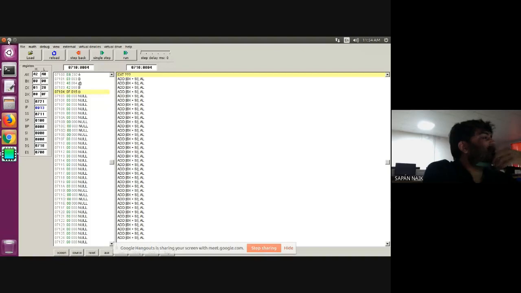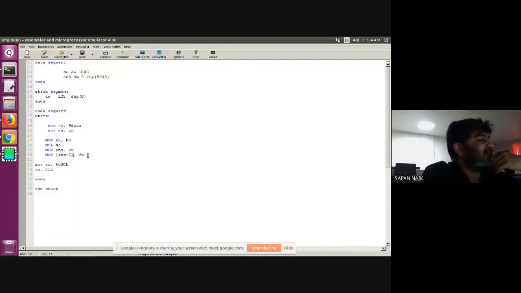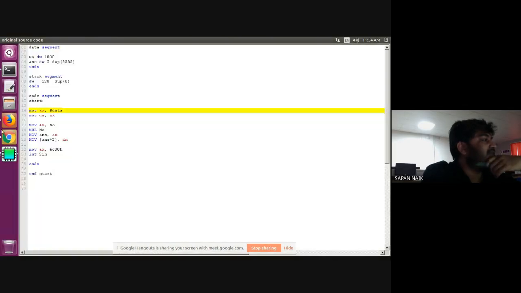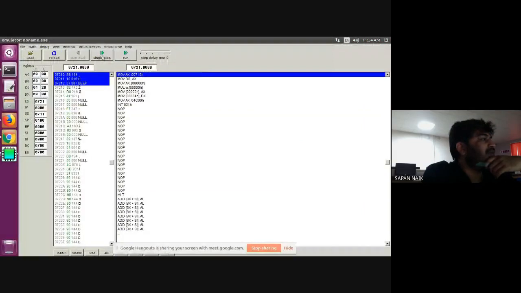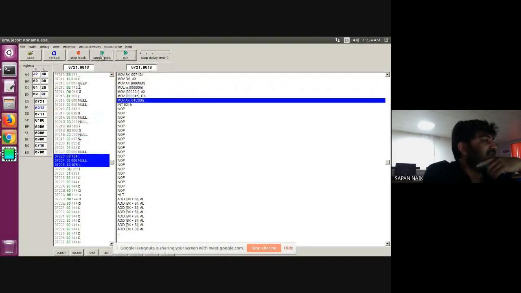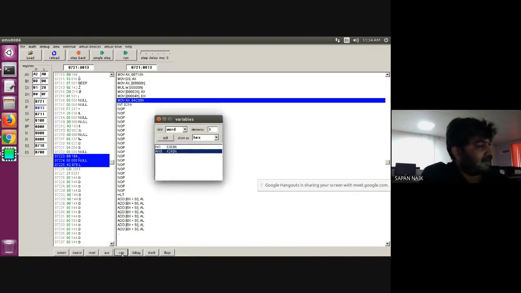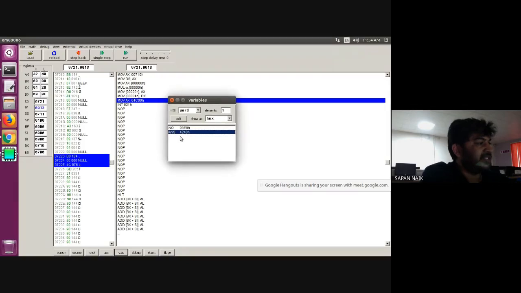The thing is, we had missed the square bracket. Then it is taking the address. Otherwise, it will not take that as an address. So this is how you can get your answer. Still, if you want to check your answer, you can do single steps. Then there is a bottom tab called variable var. Click on that variable, and as you can see, 4240 is in answer.